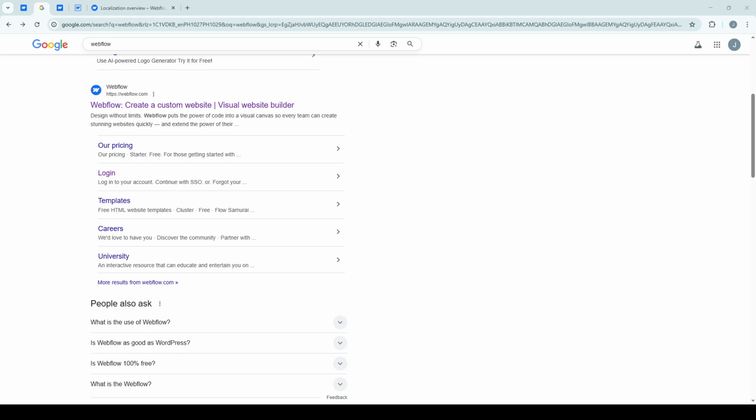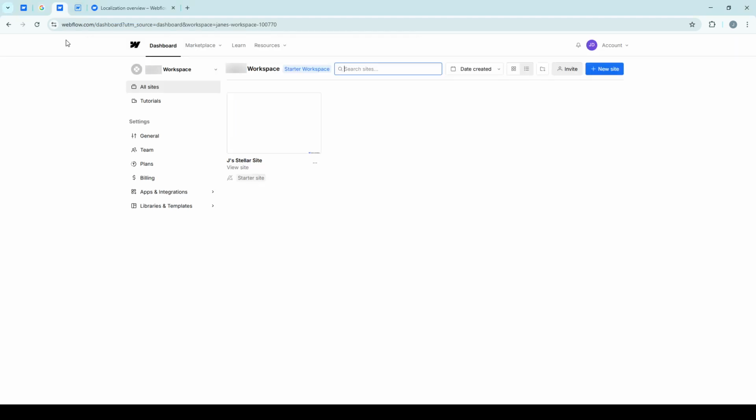First things first, make sure you're logged into your Webflow account. If you're not already logged in, go ahead and do that now. This will take you to your Webflow dashboard, which is your central hub for managing your projects. Once you're in the dashboard, look for the particular project that you'd like to optimize and get ready to dive